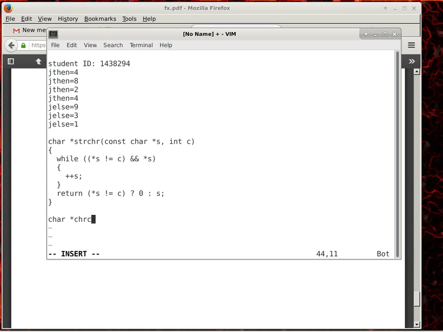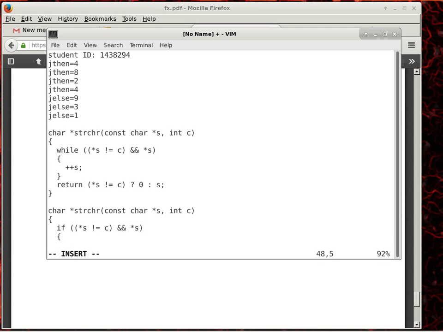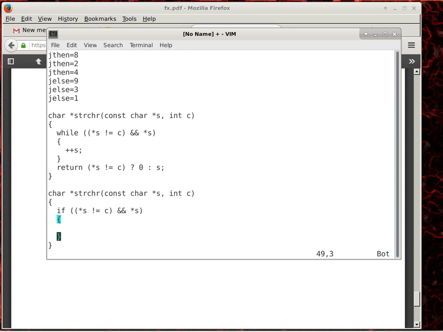Okay, so to do this using a conditional statement, but using the same logic, is not too bad, because what we do is we just turn this into a conditional statement. So instead of a loop, we have a conditional statement, and the conditional statement is going to specify the same condition. So if what S is pointing to is not the character that we're looking for, and we are not at the end of the string just yet, then we perform a recursion, and in the recursion, we basically say,